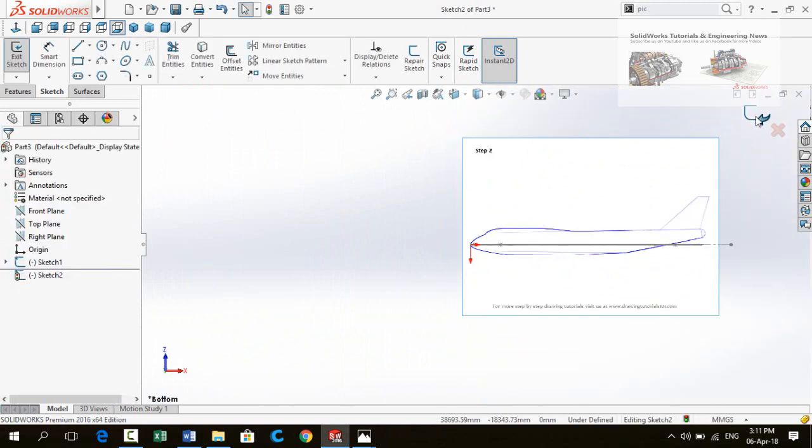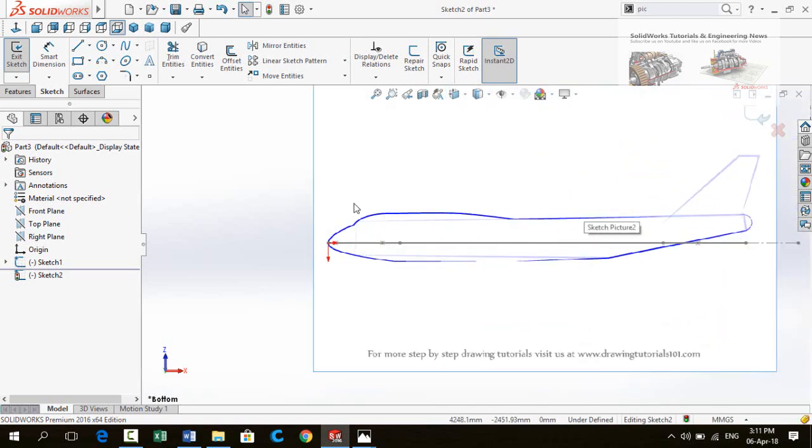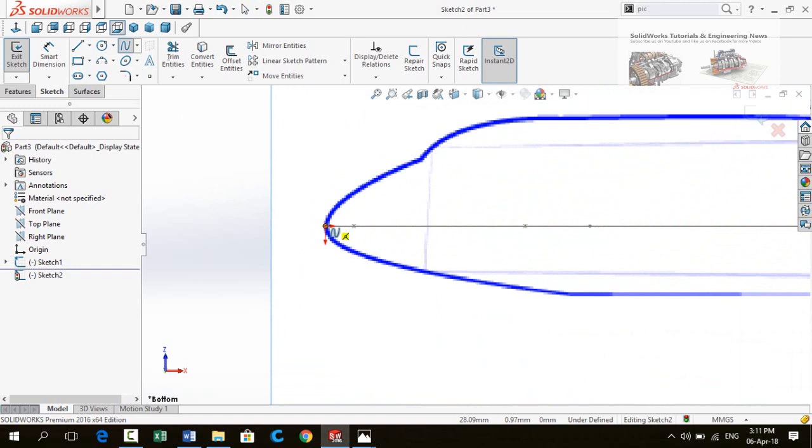Now press this button and then draw a sketch accordingly. Spline, started from origin.